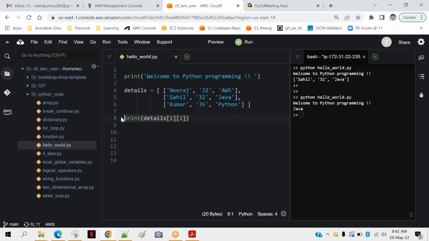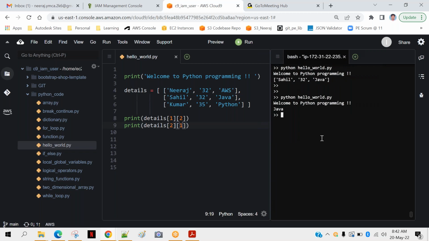You want to try something else? Let's try that. I will reverse it: 2 and 1. Can someone tell me what should it display? Any idea? Something is wrong with my terminal.